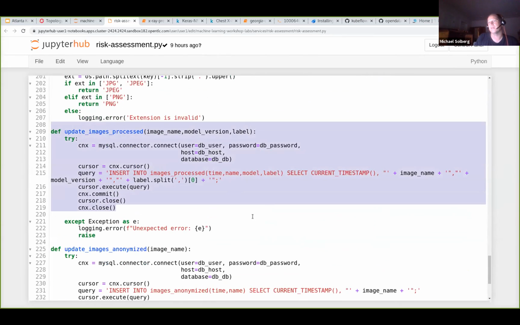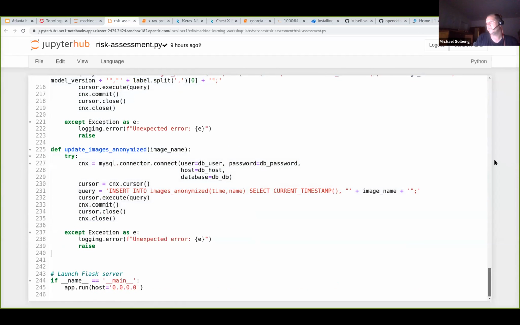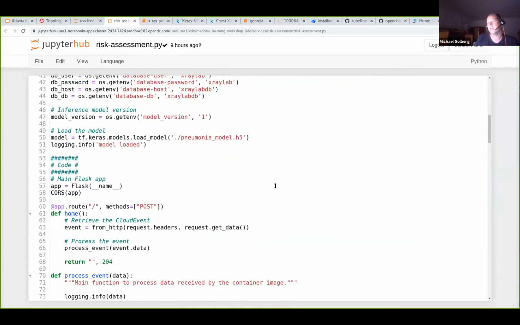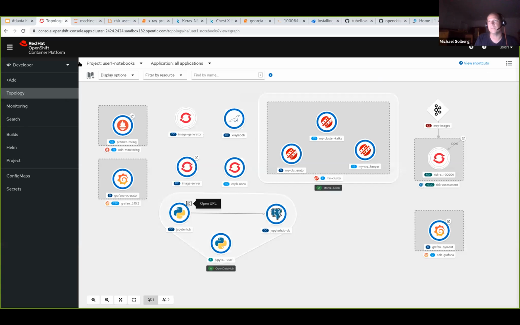Here I am updating my SQL database. And then there's the bits and pieces where I actually ferry the data and do the S3 stuff in here as well. But anyway, it's a single Python file. It's very little code, and I run it as a microservice in Flask. So if you look at the big picture here,